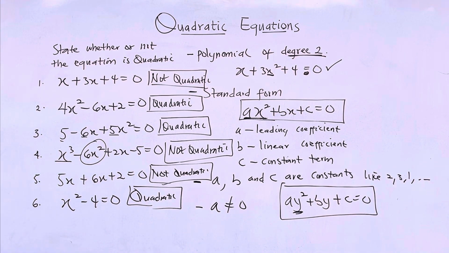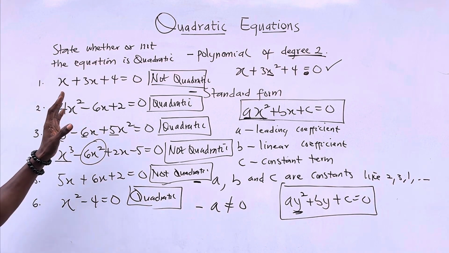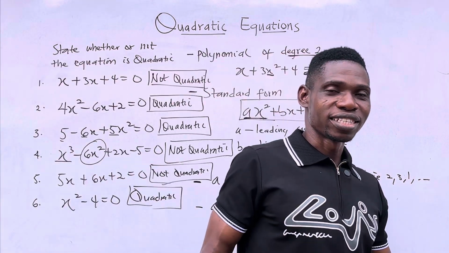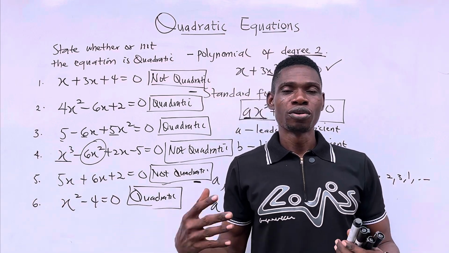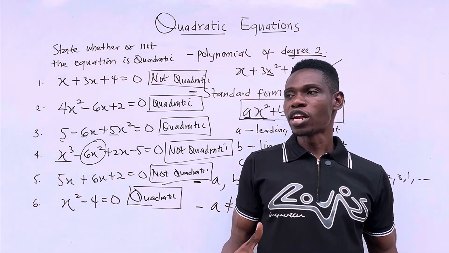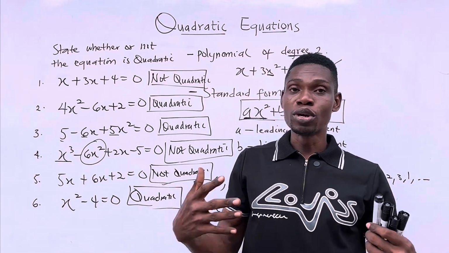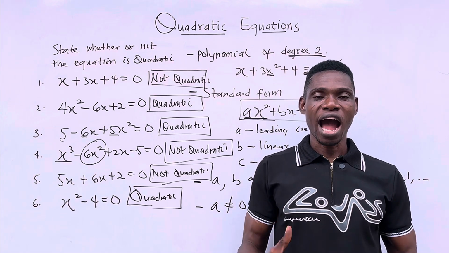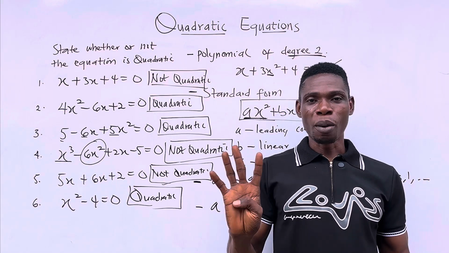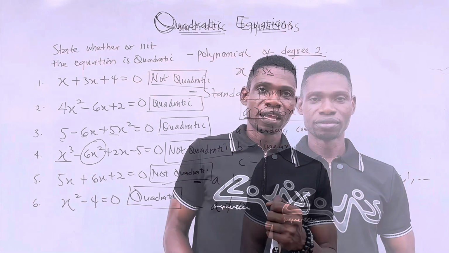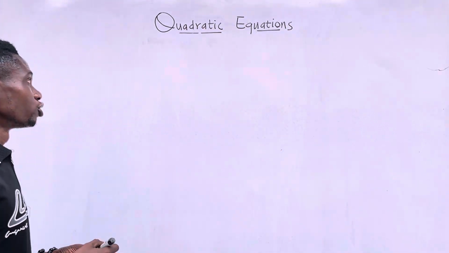Yeah. So if you got all the answers, congratulations. If you missed some, I believe you've learned why they are quadratic and not quadratic. So now we'll move to methods of solution. So how do we actually solve quadratic equations? Now that we know what quadratic equations are, how do we solve them? And there are 4 major methods of solution. Yeah. So the 4 methods of solution are